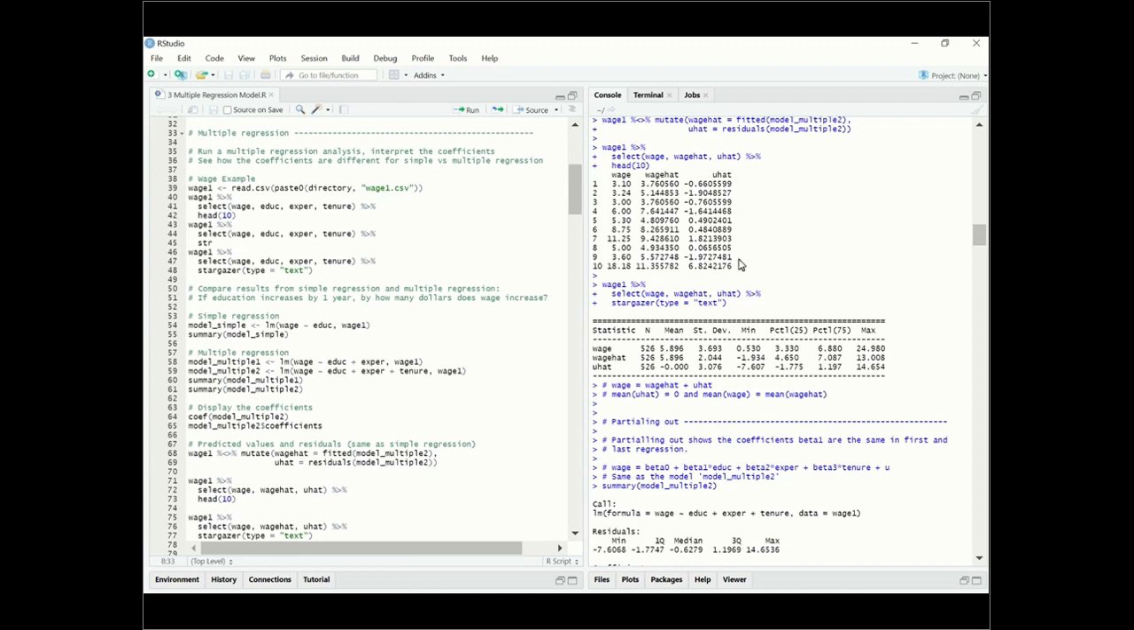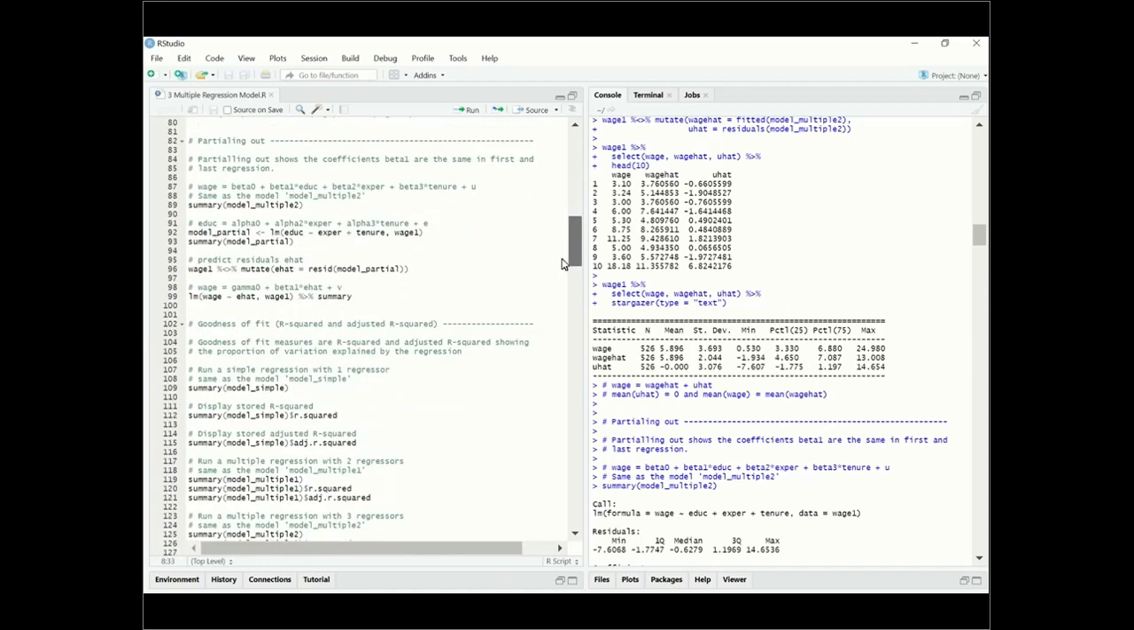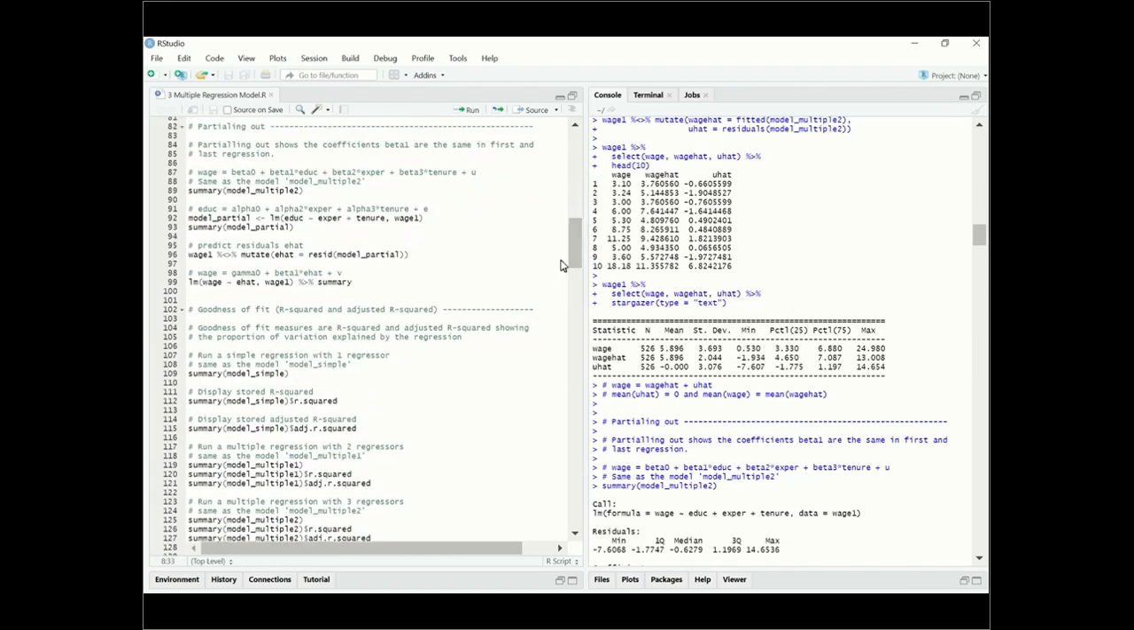Okay, so next, let's consider an important concept here called partialing out. This is used for educational purposes to understand how the coefficients can be interpreted. However, typically we would not be using this part as we're doing research. It's just important to our understanding about how we interpret coefficients. So to do that,